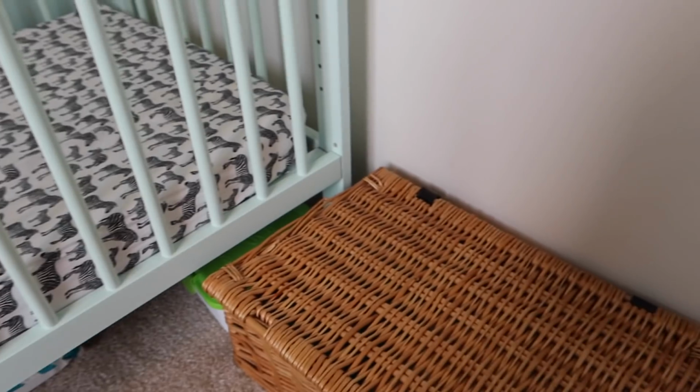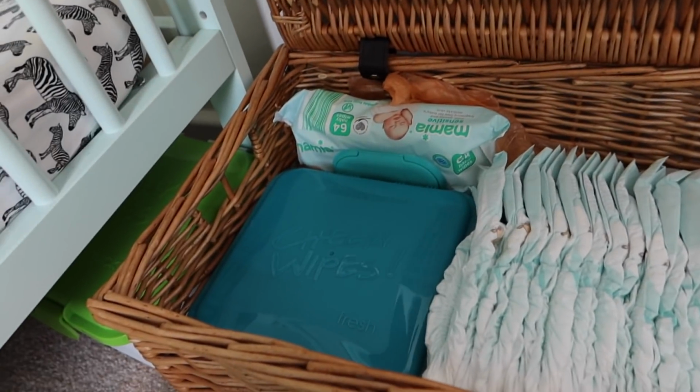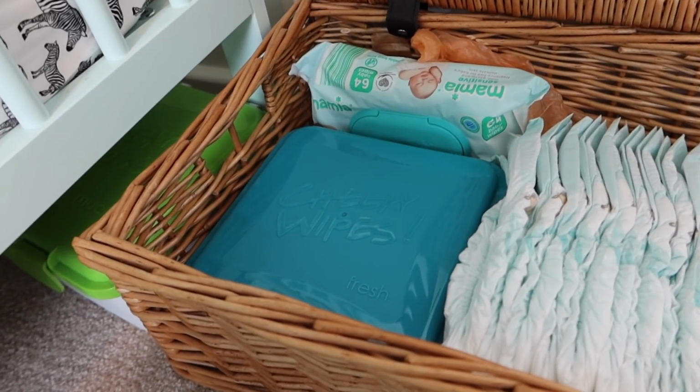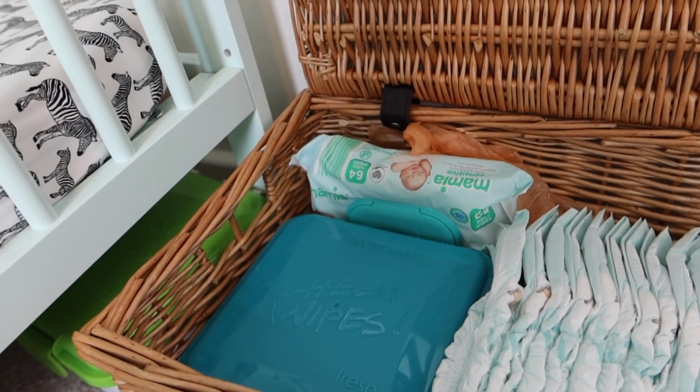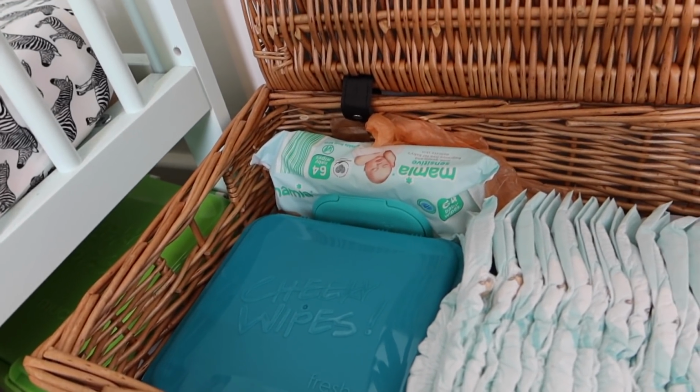And then this is where we keep all of his wipes and stuff and nappies. We've got our Cheeky Wipes. We don't use those all the time, we use them as much as we can. Quite handy, and I really like using them. Been using them for a while now, and we also use other wipes as and when we need to,